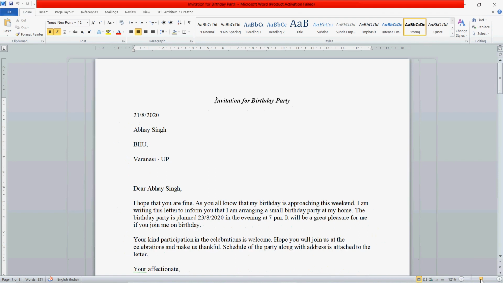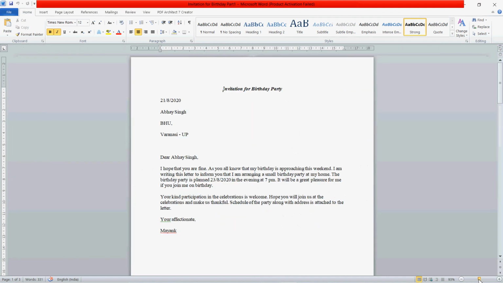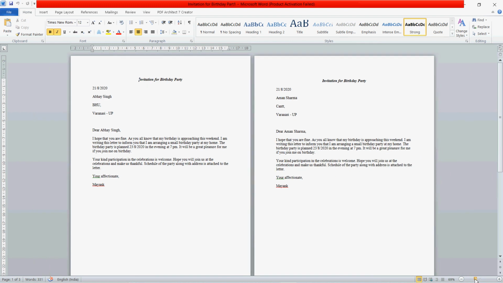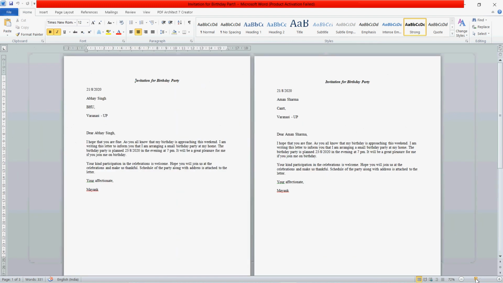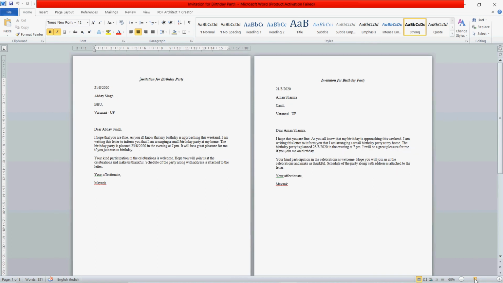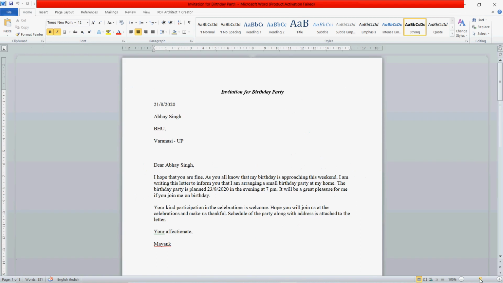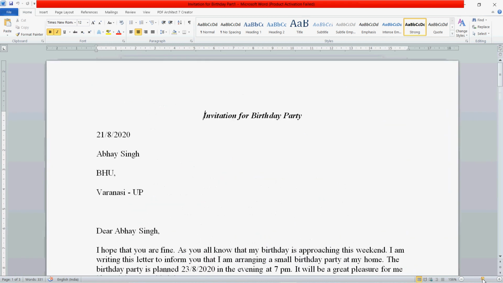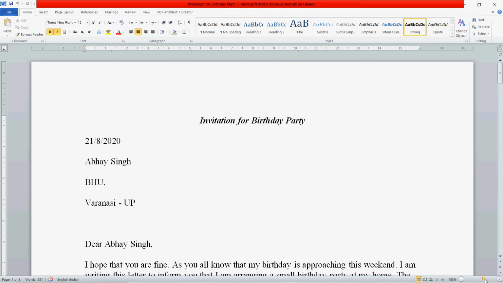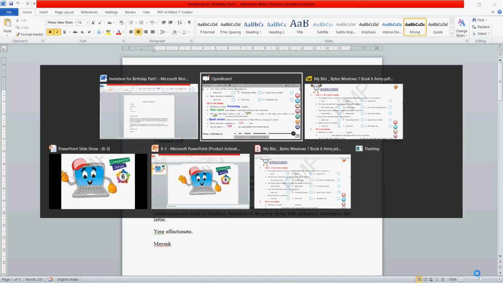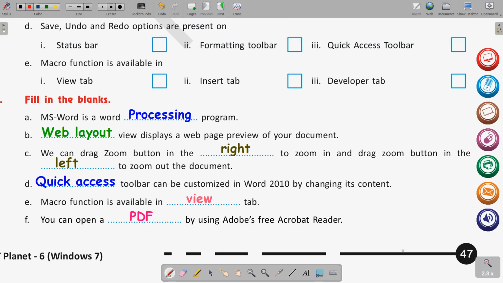So if I move this to the left side, it means it is decreasing. Clear, so this is the zoom out option. When we are dragging it to the left, it is zoom out, the size is minimized, and when we drag it to the right side, it is increasing the zoom, that is zoom in. Clear, that is maximizing. So this is what the question is asking, what is the direction to zoom in and zoom out. Clear, so what is the direction for zoom in?